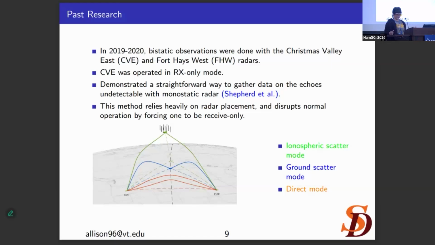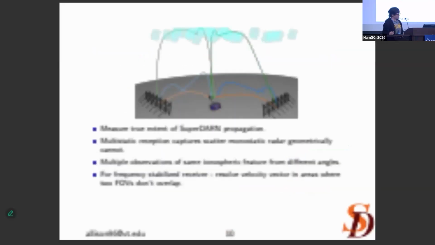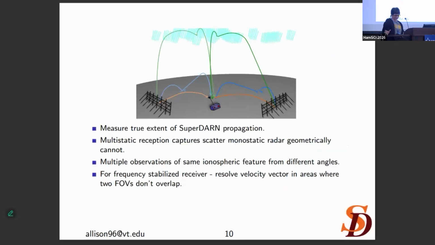The purpose of this experiment was really to demonstrate a straightforward way to operate radars in bistatic mode, but as a consequence, the normal operation of the radars was disrupted. So my hope is that phase code ID will offer a different approach. If receivers at arbitrary locations can identify which SuperDARN radar they're hearing, you can get multi-static coverage without disrupting normal